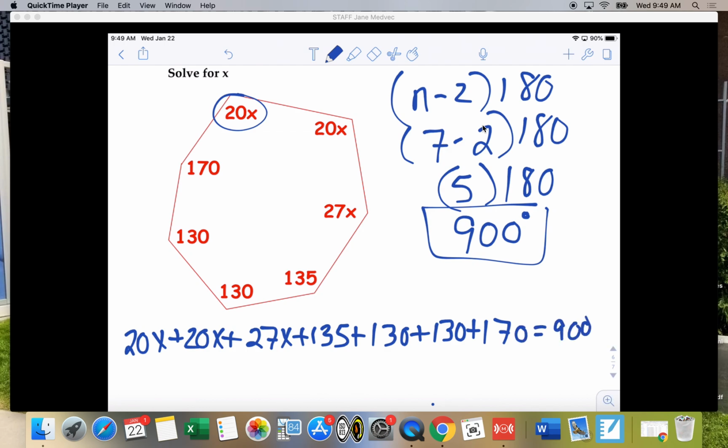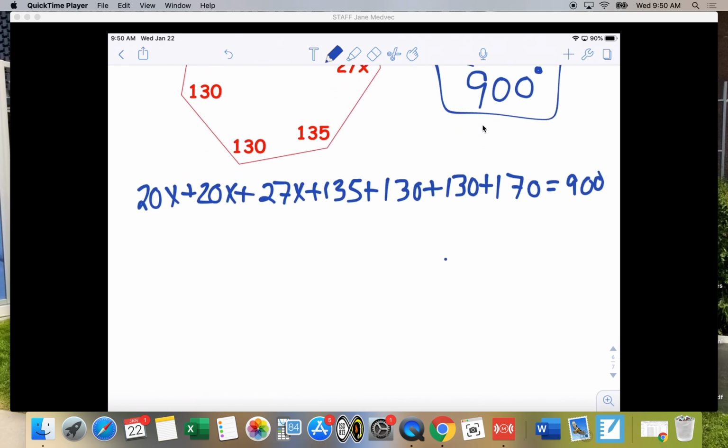Now, some kids will say, Mrs. Medvick, can I go 2 times 20x and 2 times 130? Absolutely. You could definitely do that. That's not a problem. Okay, I'm going to combine my like terms. So how many x's do I have? Thank you. 67x plus